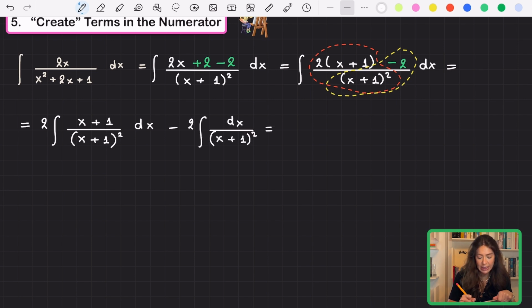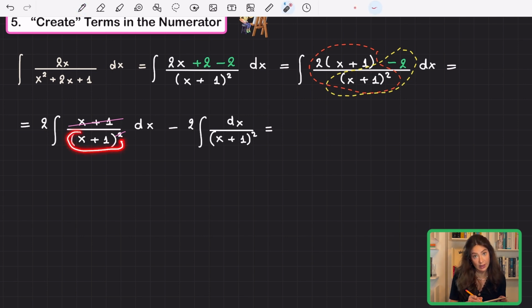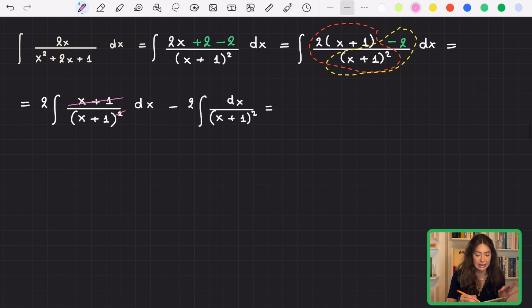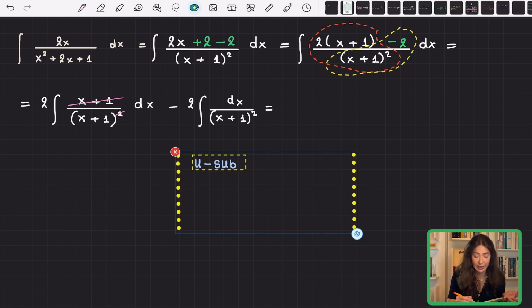You're probably saying, oh my goodness, it still doesn't look like any of the basic rules of integration. Well, it will very, very soon. You didn't have to do that. You could say that x plus 1 squared equals u, and then your du would be that. But I'm going to cancel it because I think that's the most obvious and the simplest,